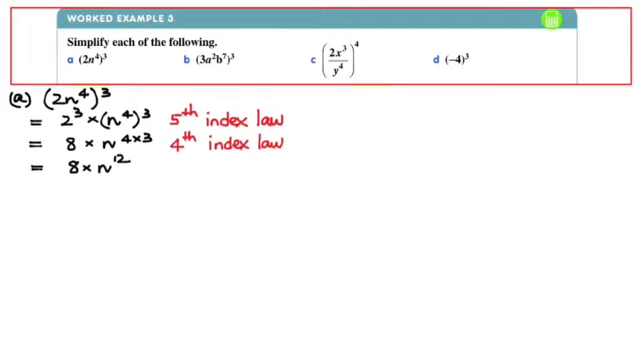And what are we going to get? 8 times n to the 12, and that's the answer, guys. Dispensing with the multiplication sign, put a box around it, and we've done it. Okay, so that's A done and dusted. B,